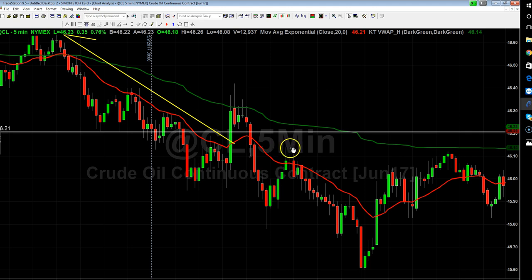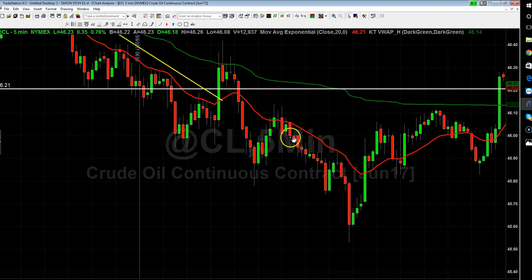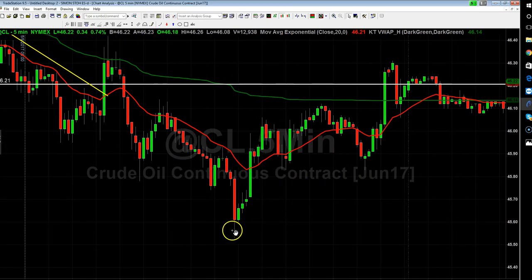I'd rather take a small stop and get a second shot at it than take a very large stop, right? Capital is very precious. I took an initial scale into this 45.90 area here, moved stop to break even, and then that let us ride this trade all the way down into the 45.54 location, and it then found responsive buyers.